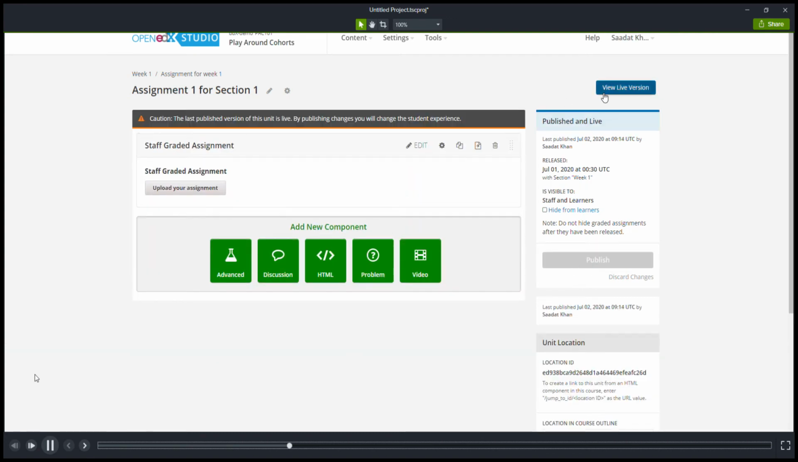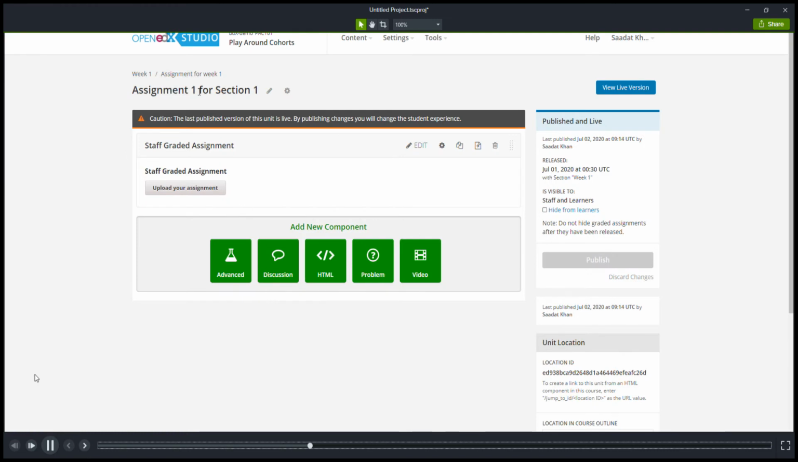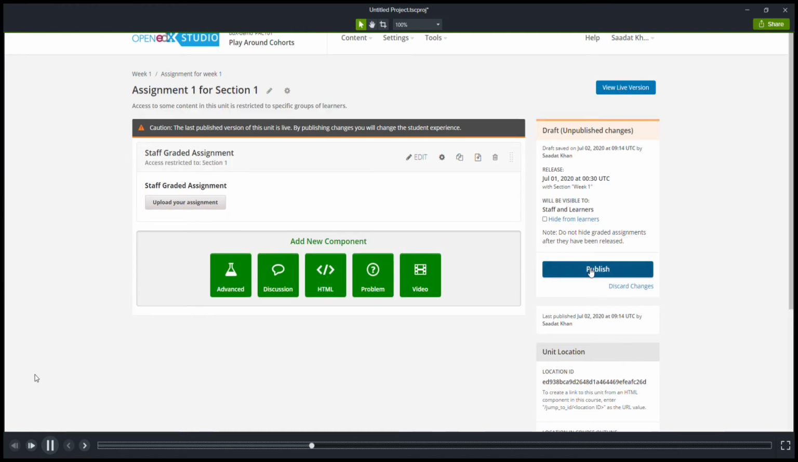Okay, now that we have published our assignment and we have selected assignment for section 1, we need to specify that this assignment should only be visible for students of section 1 and not for students of section 2. So we go to access settings, and since this is for section 1, we select restrict access to content groups, and this would be section 1. All right. Okay. So click on publish again,